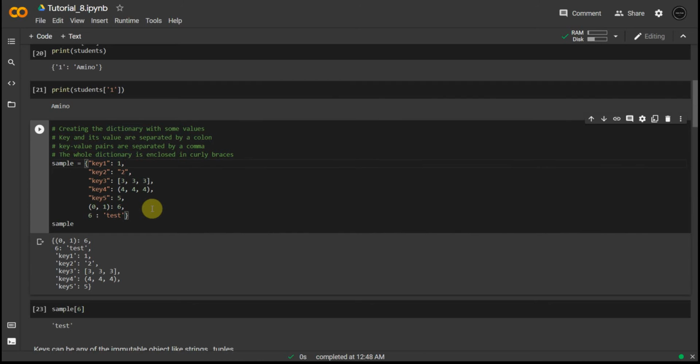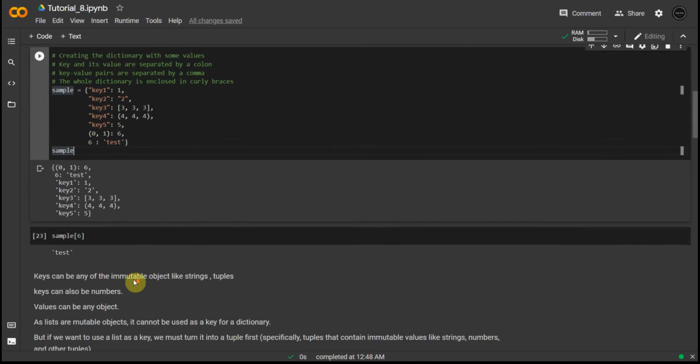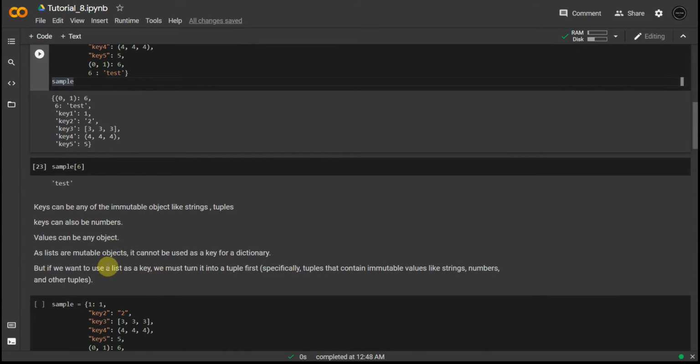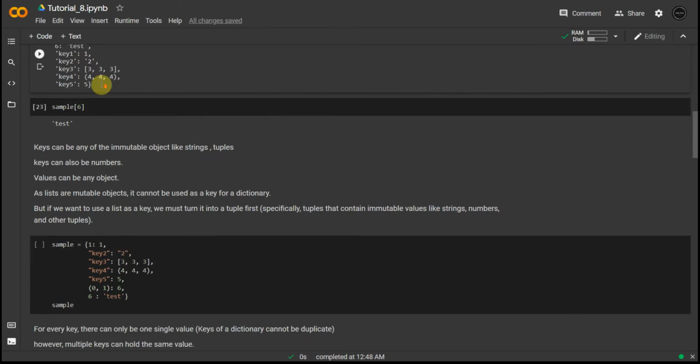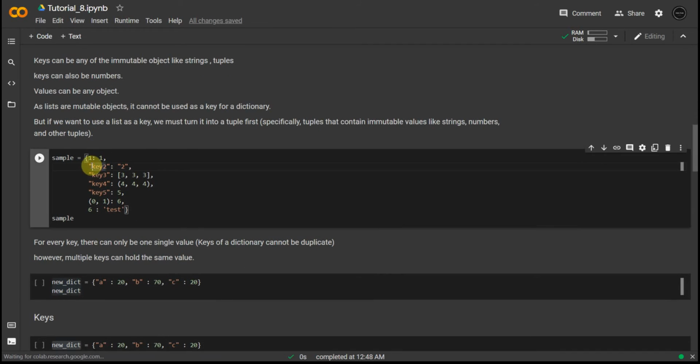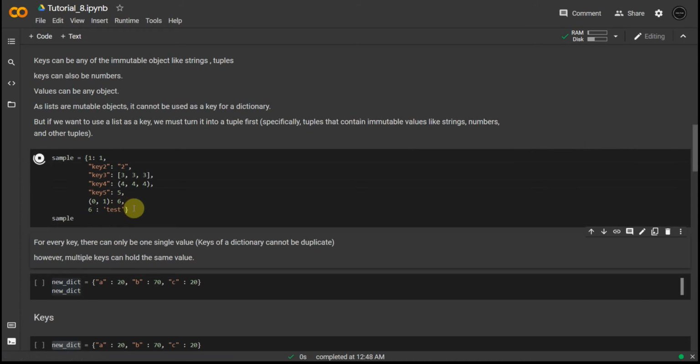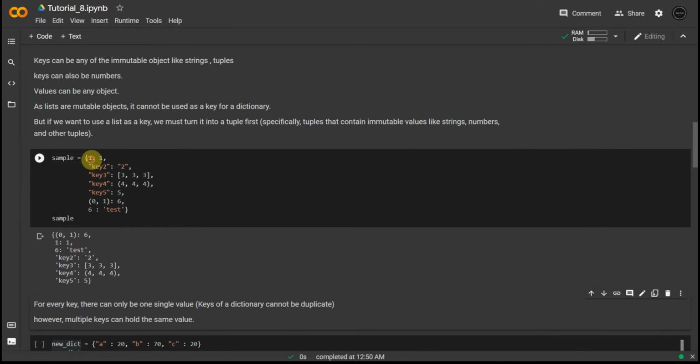You can use any data type in values. Here you can see I have used an integer, a string, a list, a tuple, an integer again, an integer, and a string. You can use any data type, guys. However, please remember that you cannot use mutable objects in keys. The left hand side here cannot be a mutable object. Please remember that. For example, here we have taken an example similar to the above one, and if we declare this, it's declaring itself. It's wonderful, right?